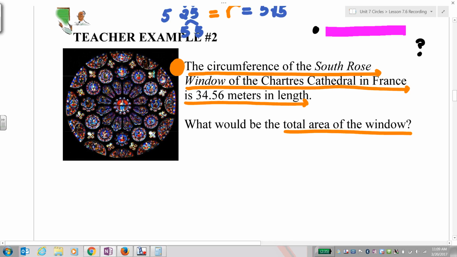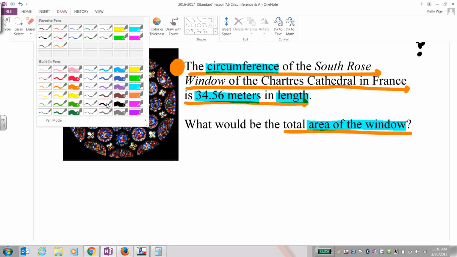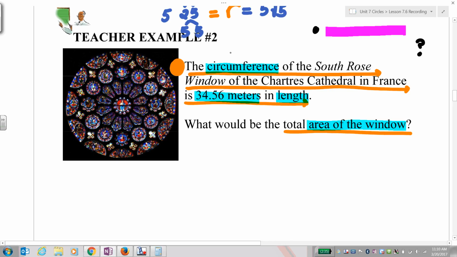Highlight the key concept. We're given the circumference of the south rose window of the Chartres Cathedral in France, and it is 84.56 meters in length. We're being asked the total area of the window. Always start by writing your corresponding equation. Given the circumference, we want the area, so let's start by writing